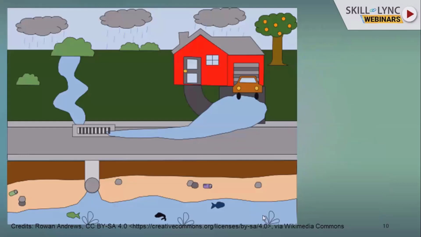Now you can see this is a typical semi-urban area. You can see there is one house. There are some green areas, green grass or pastures. There is one asphalt road. So what happens in the stormwater drainage system? When the rain comes, some water falls on the green area, some water falls on the roof of this building, and some water flows on the road. So what is